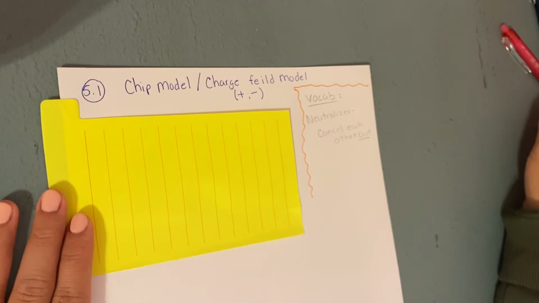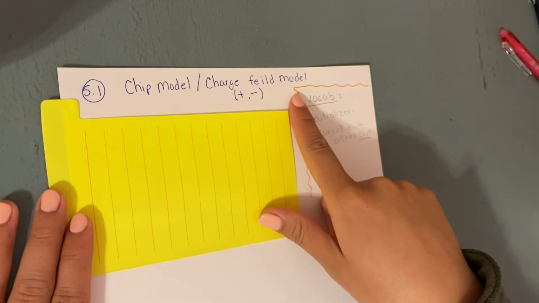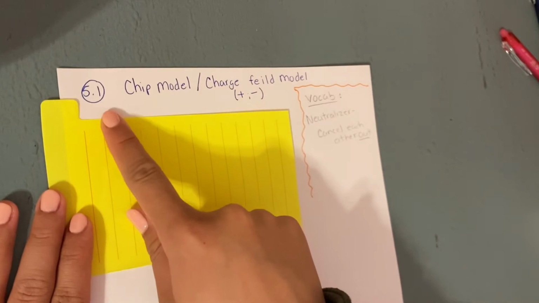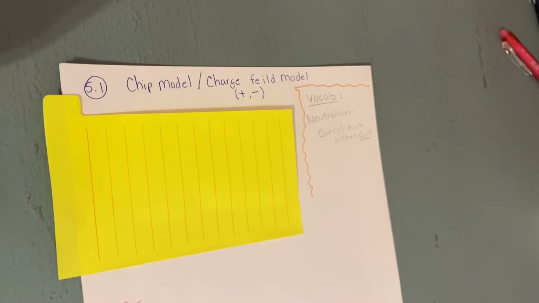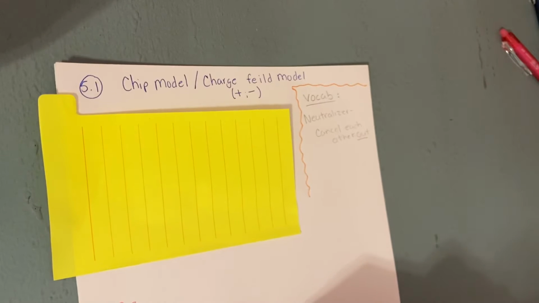Okay, so today we're going to be working with a model called the chip model and the charge field model from chapter 5.1. This model is very fun as we can use manipulatives to create a concrete method for the students to understand negative and positive charges. So we're going to get started with our traditional addition, which is going to be 2 plus 3. I went ahead and did my circle